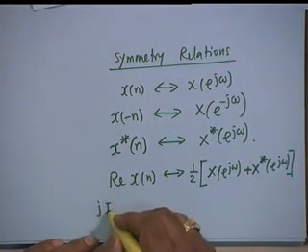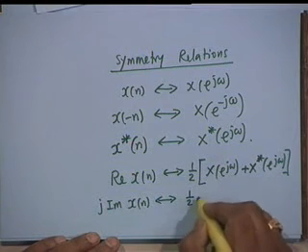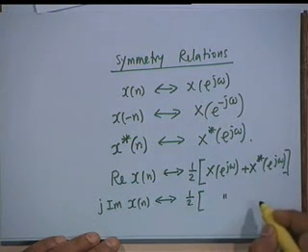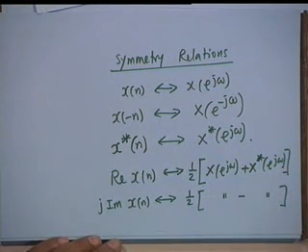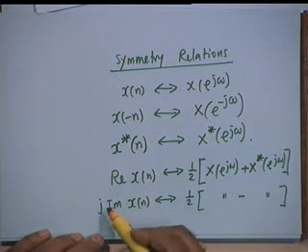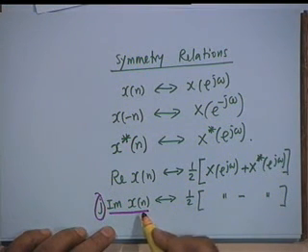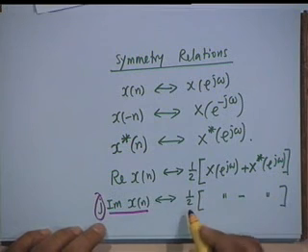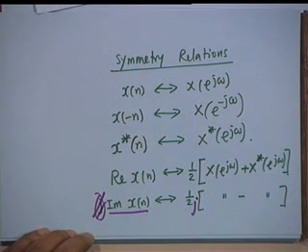Similarly, j times imaginary part of x of n shall be half of this minus this. Okay. One of the things that people often make a mistake is, suppose you are required to find out the Fourier transform of imaginary part of x of n. It is a real quantity. Imaginary part of x of n is a real quantity. So, what you have to do is you have to take j to the right hand side. Agreed? Do not make a mistake. Imaginary part, unfortunately,